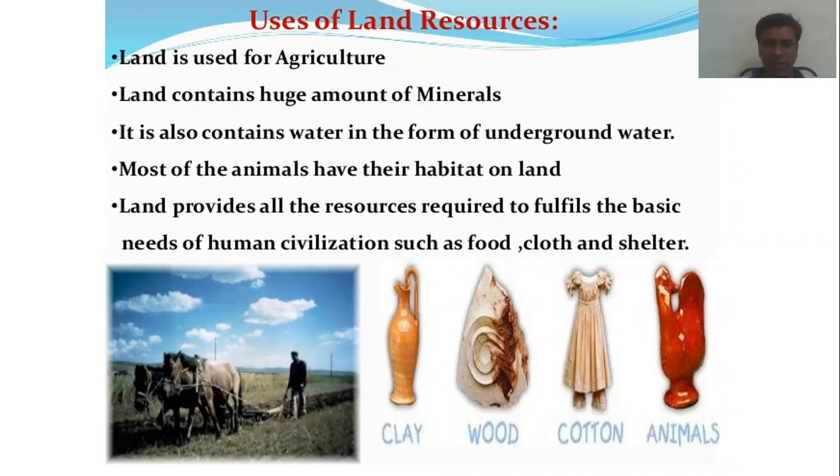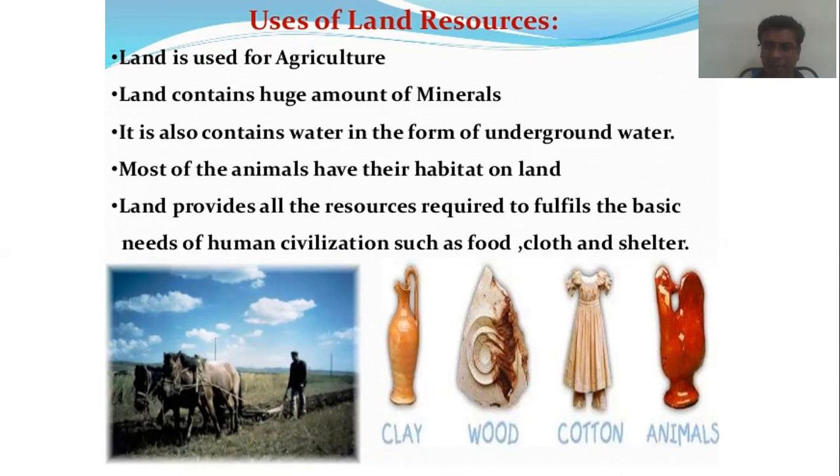Land is used for agricultural purposes, and it contains a huge amount of minerals and provides food materials. It also contains water in the form of underground water, and most of the animals and their habitats are present on the land. Land provides resources to fulfill the basic needs of human civilization, that is food, cloth and shelter. Everything is provided only from the land. So this land provides food material, wood, cloth material and shelter, medicine, water,